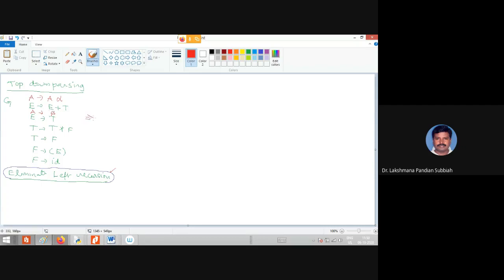The elimination of left recursion is of the form A derives beta A dash, then A dash derives alpha A dash or empty. So E derives T, the beta, and then we introduce a new non-terminal E dash. E dash derives plus T, where alpha is plus T, followed by E dash or empty.